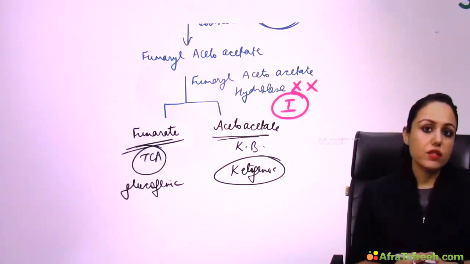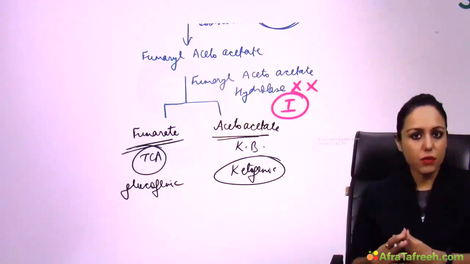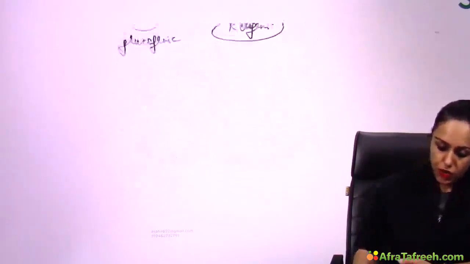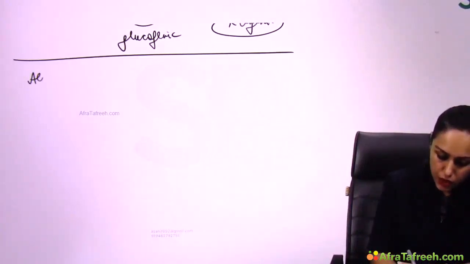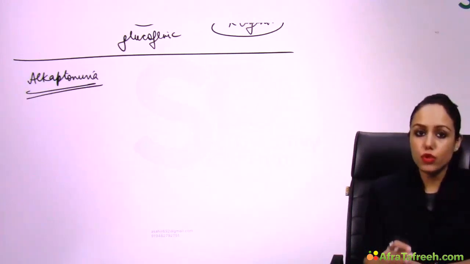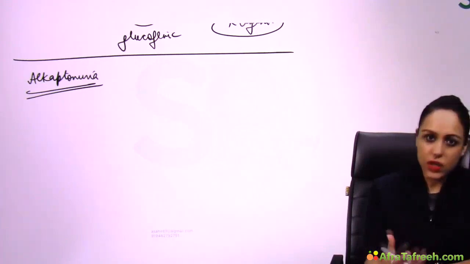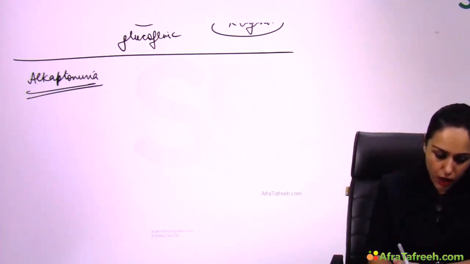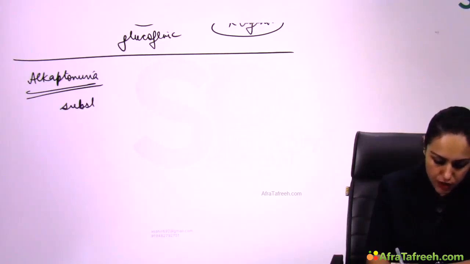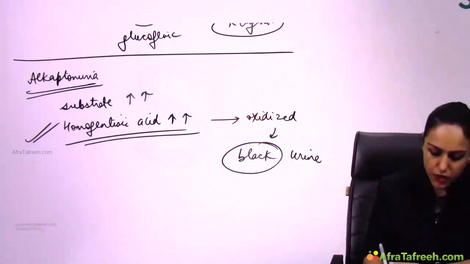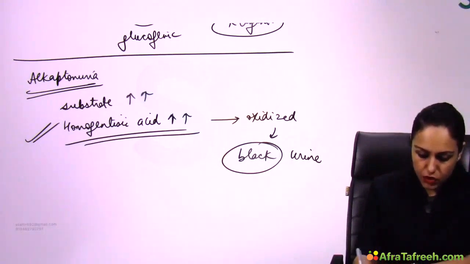Now let's do the detail of these diseases. Alkaptonuria first, and then I will be taking tyrosinemias. So first is alkaptonuria. The enzyme deficient is homogentisate dioxygenase, the enzyme which requires iron, and the drug nitisinone is used for treatment here. And what is the substrate which gets accumulated? That is homogentisic acid, or homogentisate, which is accumulated,